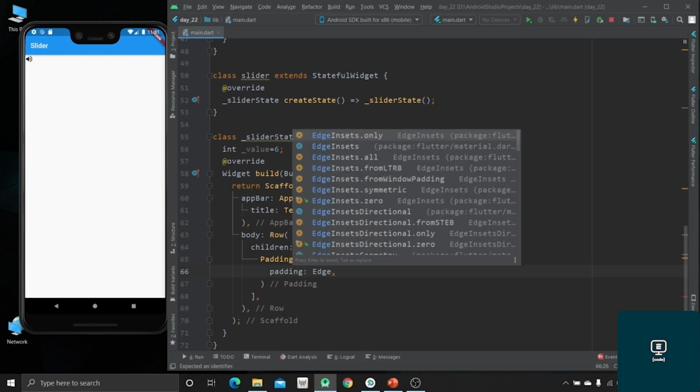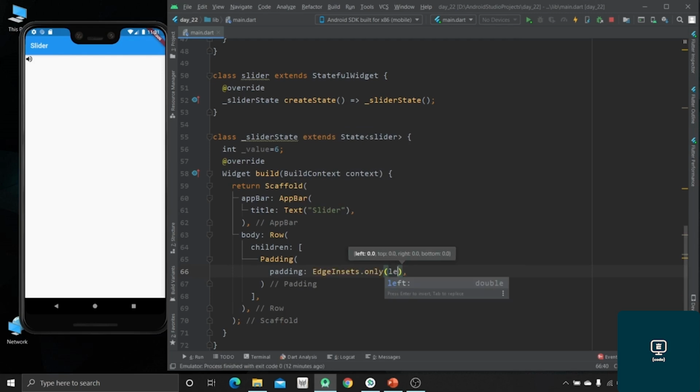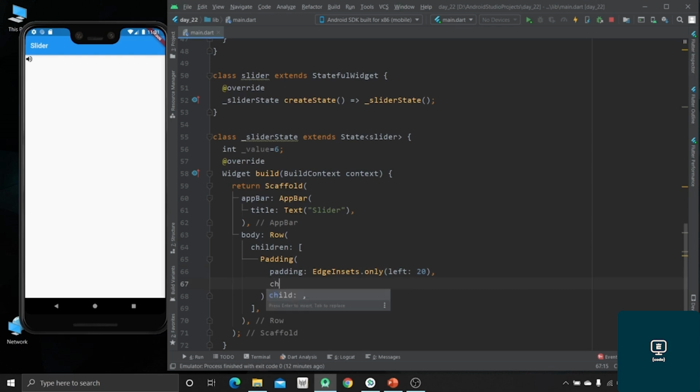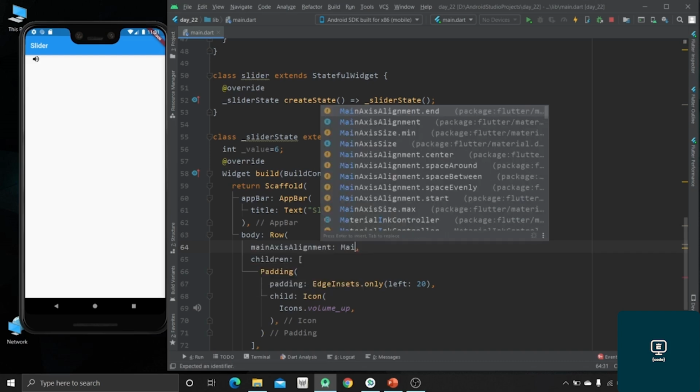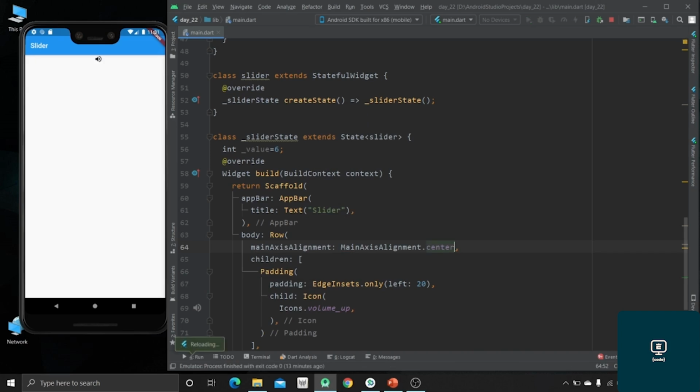Okay, we are going to use symmetric, and we'll specify 20. Now the child should be the icon. I just hit Ctrl and S. Now we are going to specify the main axis alignment to be at center. So just hit Ctrl and S,